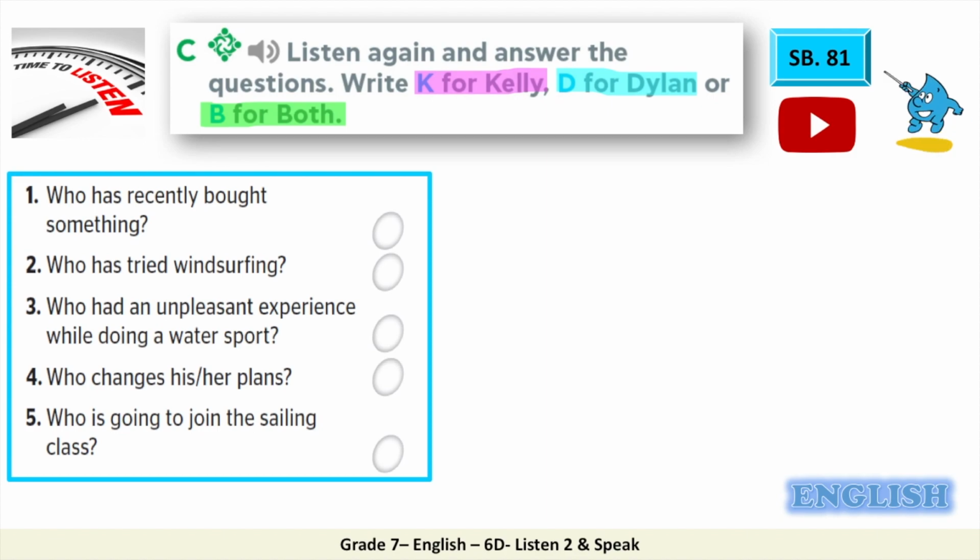Something I've never tried before. What about sailing? There's a sailing class for teenagers at 12 o'clock. I'm going to join it. Sounds interesting, but I'm going to meet my new friend Lizzie at 11:30. We want to go swimming together. Are there any sailing classes earlier? No, why don't you both join the sailing class and then go swimming later? That's a good idea. I'll text her right away. Well, she says she's interested. Cool. See you at 12 then.